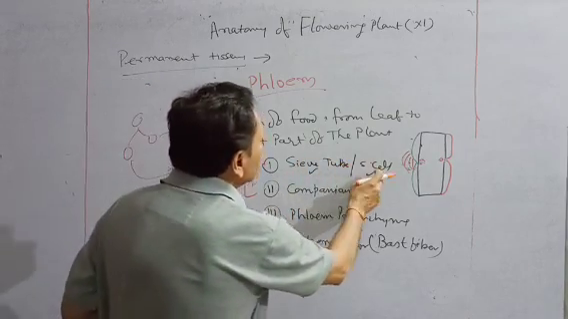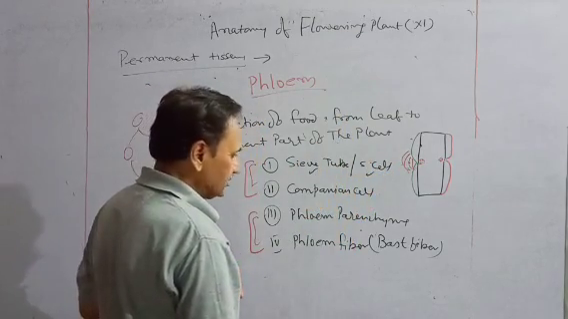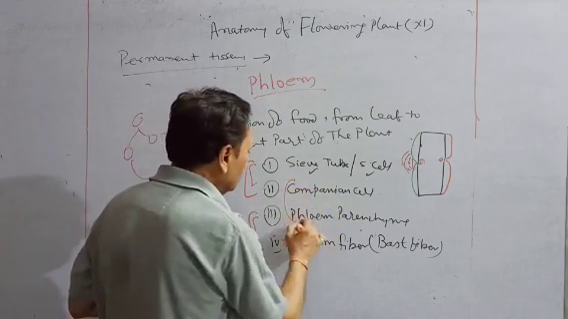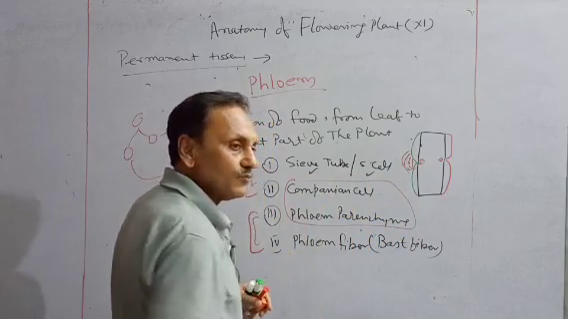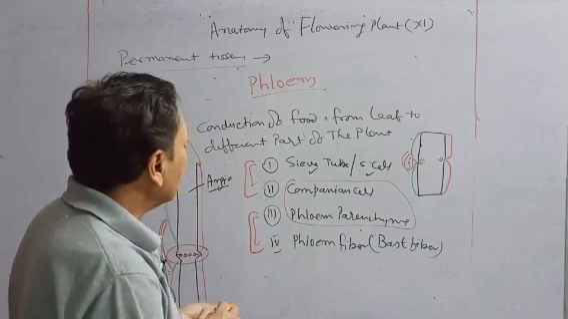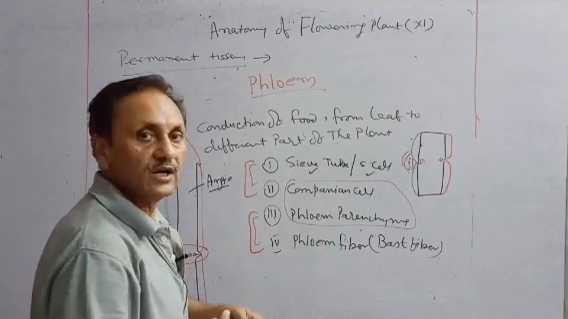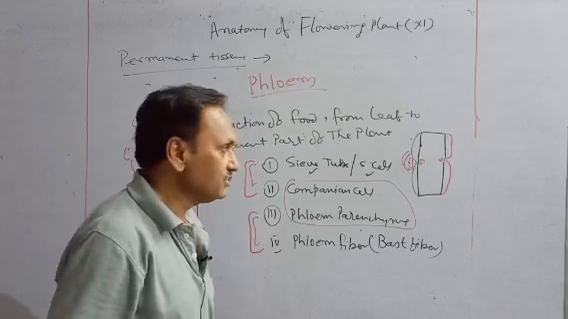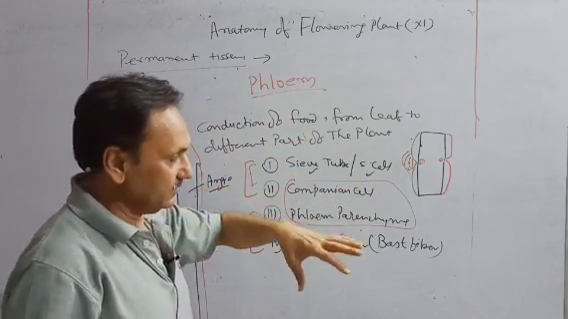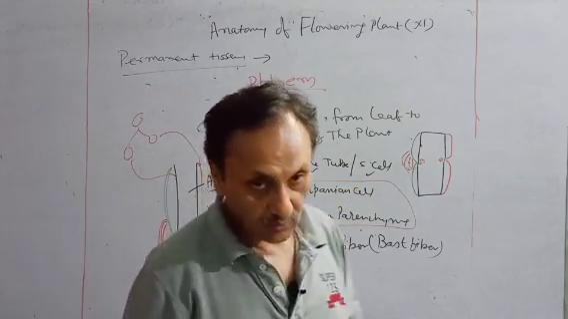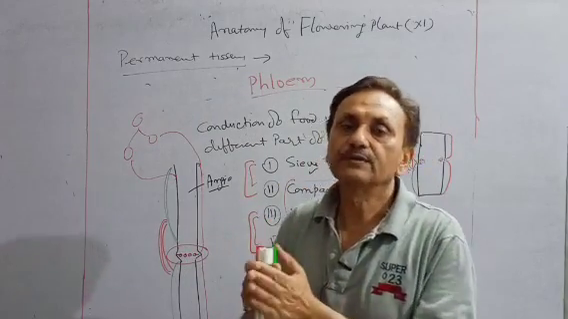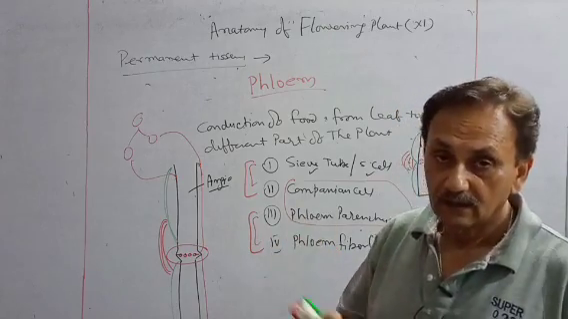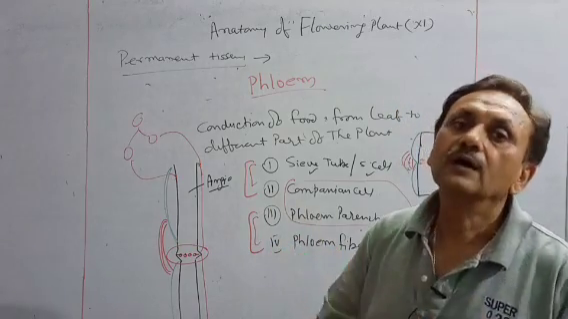The sieve tube is responsible for the formation of the tube-like conducting structure, and the companion cell and the phloem parenchyma are the living parts of the phloem, while the fiber and the sieve tube are non-living. This is all about the permanent tissues. Now we will discuss, in the next lecture, the structure of the epidermis, the cortex, the endodermis, and the arrangement of the phloem and